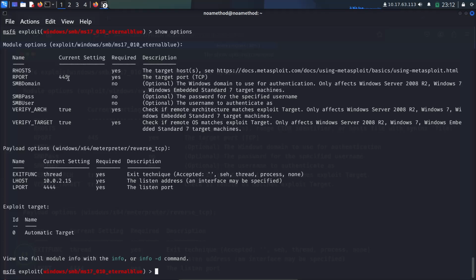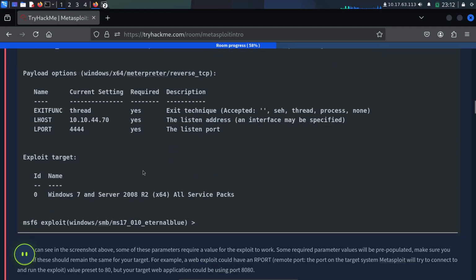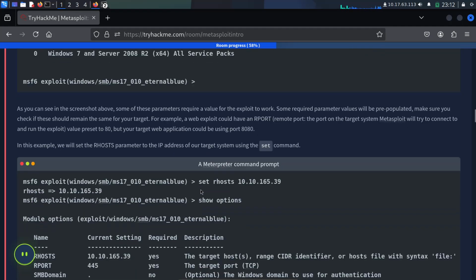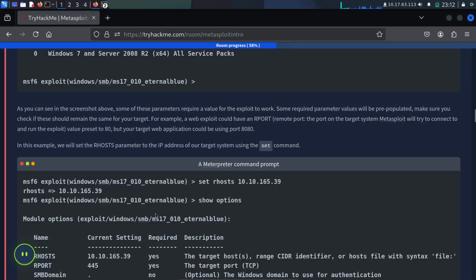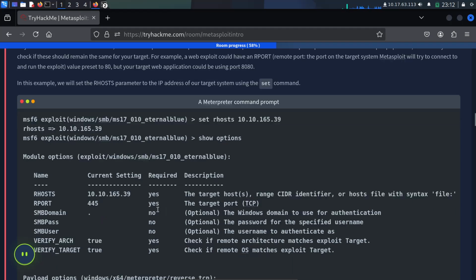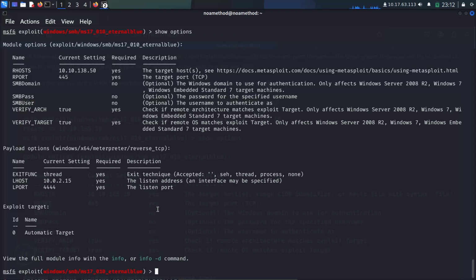This is RHOST. Can read again, show options and then set RHOST to that IP. Set RHOST to this IP, right? And then show options to check. Yes, we already set this RHOST.